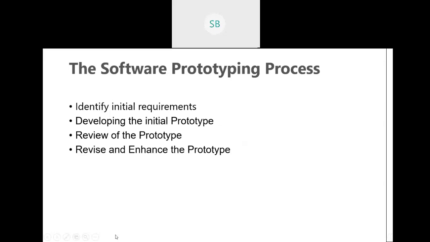There are a few stages involved in prototyping. The first is to identify the initial requirements. What does this mean? The company that has taken the project will decide who will be the user of this system, because that is very important. Suppose we have our college ERP. Who will be the users? Students are one kind of user, faculty another, office staff another, and admin another. How many types of users there should be, what permissions should be assigned to them, and how the screens should look. Initially they should have an idea of what the system will do and how it will work.